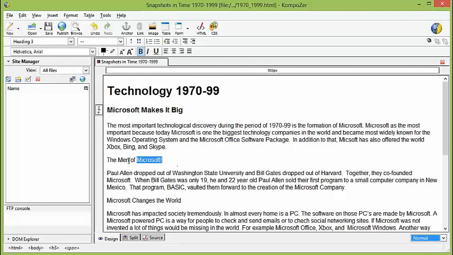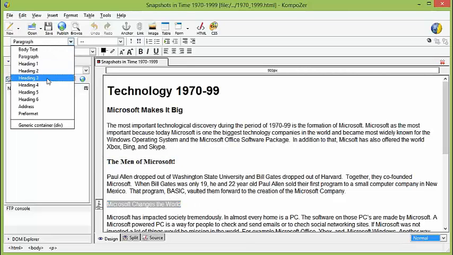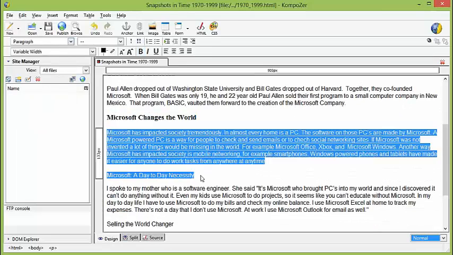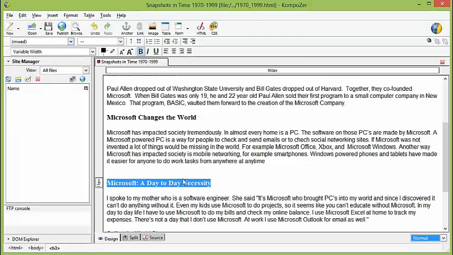Okay, so I'm going to change this to heading 3. So you're going to need to do this consistently. Now that I've decided that my title's heading 1 and my headers for each section are heading 3 size,